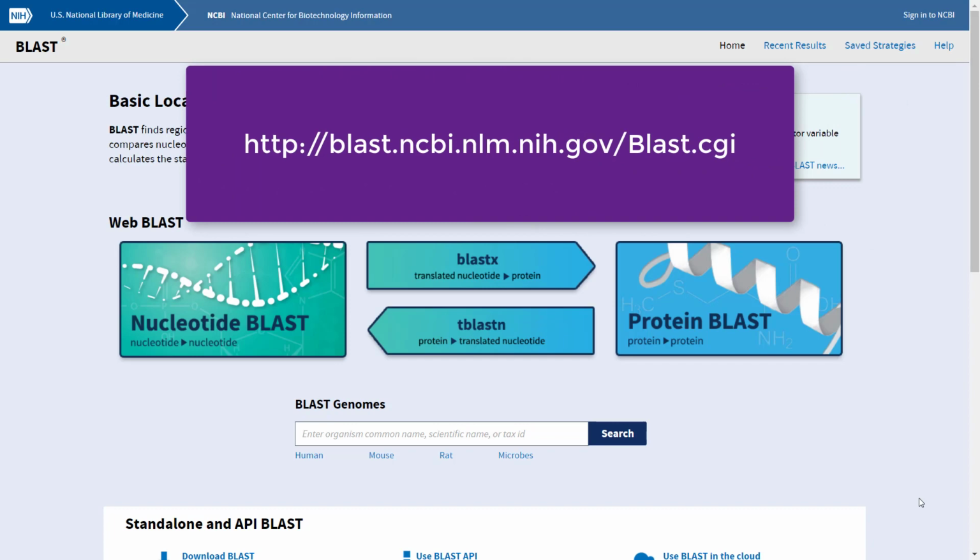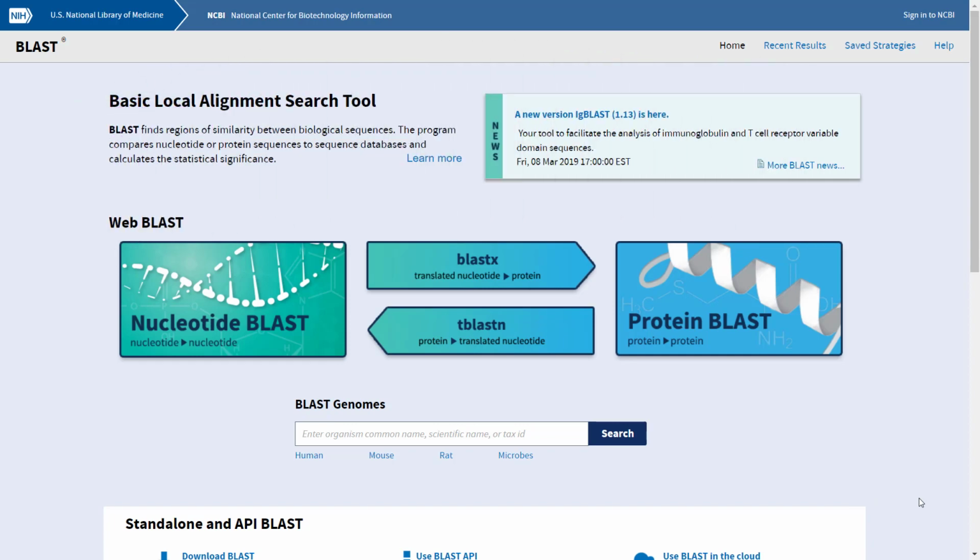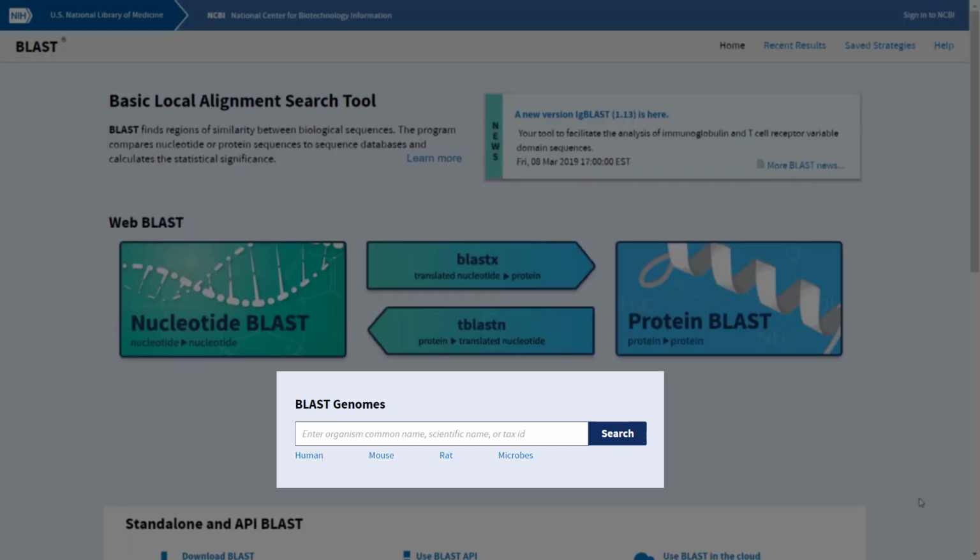Let's enter the NCBI BLAST main page using the following link. Various programs are presented at this page. There are two key differences between each of them: the type of sequence or sequences that we use as input and which database we use for the search. The following programs are available on NCBI. BLAST genomes, used to run a sequence against a selected genome.